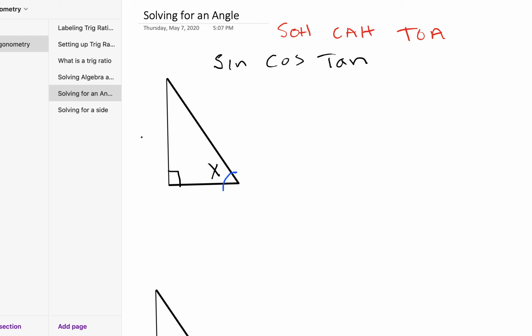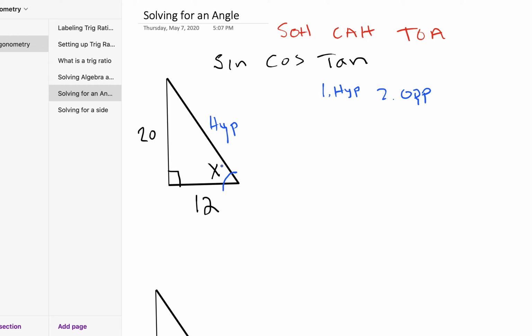So let's make up some sides here. So we could take this problem. We said first we want to label the hypotenuse, and the hypotenuse is here. It does not have a number, so we will not be using it. Second, we said